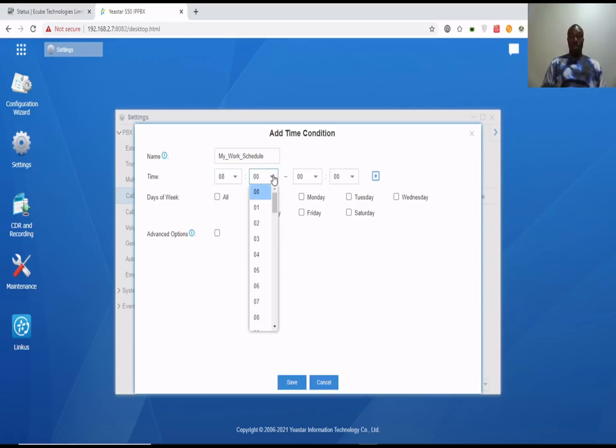Okay, to 12 p.m. Then the number you specify here is going to calculate the hours for you. Then I return back at 1 p.m. and then close at 6 p.m. And you can choose the number of days, maybe